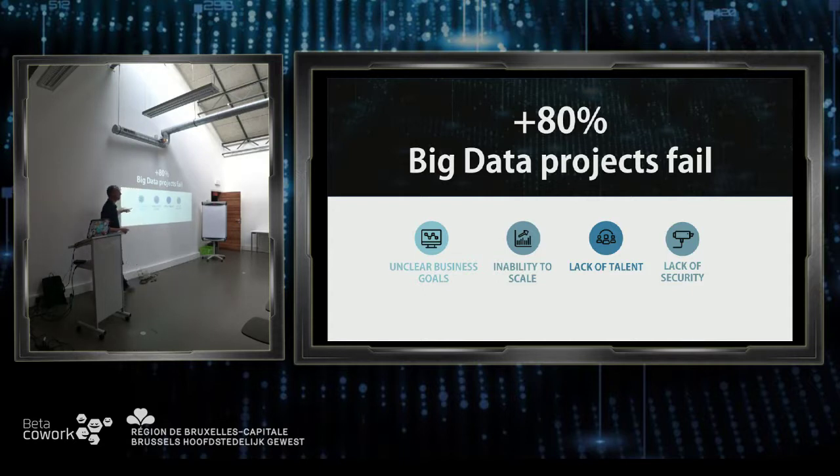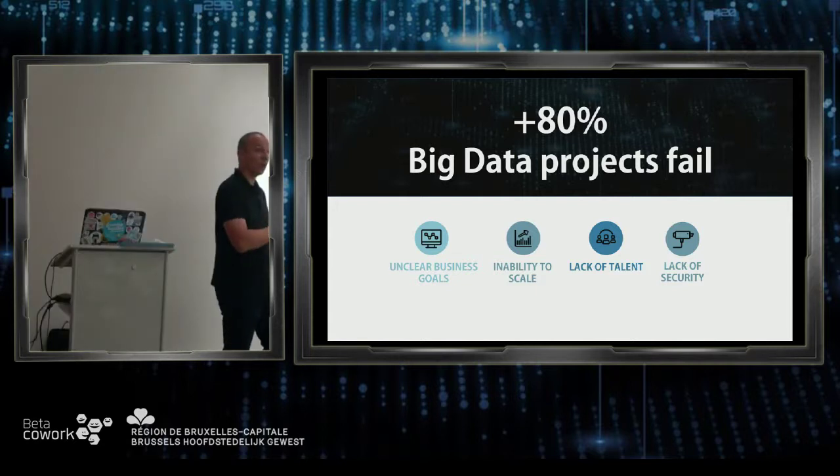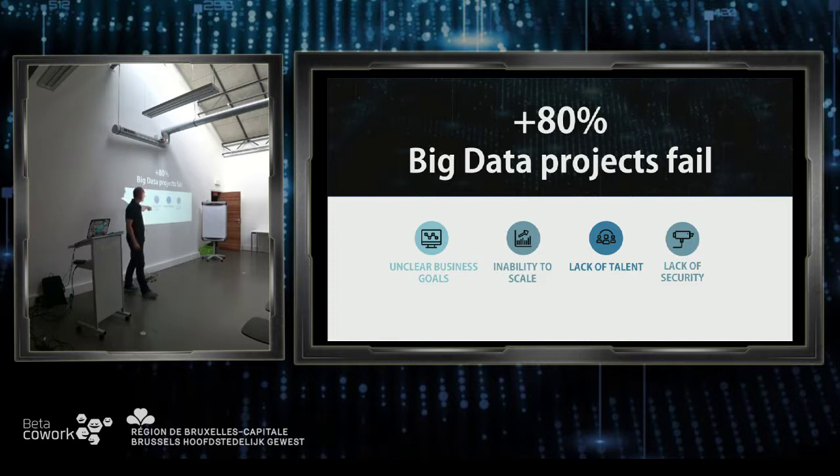Then afterwards, when they did find business goals and built a fantastic proof of concept, it turns out that it's bloody hard to scale that proof of concept because it wasn't thought of in the first place. Like, oh, look, here's some low-hanging fruit. It works on my machine. Okay, now move it into production. Oh, wow, now it's real time. Doesn't scale. Then there were 2 data scientists, but there's still a lack of talent because they can't know it all. And there are new stacks around the corner that they haven't used yet and they should be using. So it's really hard to attract and maintain the talent in the data science community because there's a high demand for experienced people, and you have to learn it on the job.